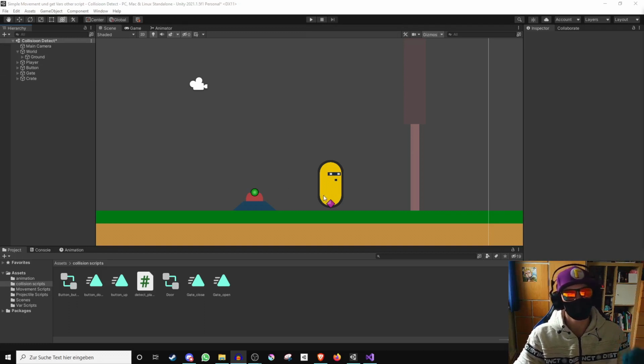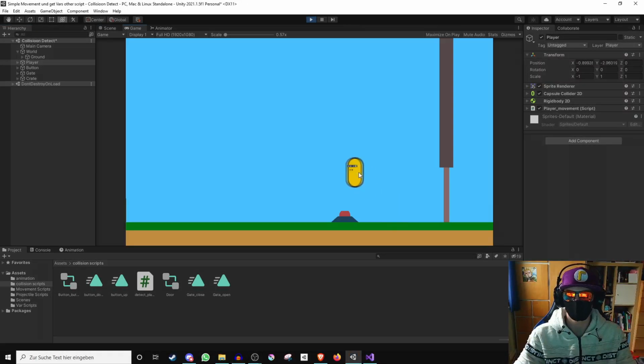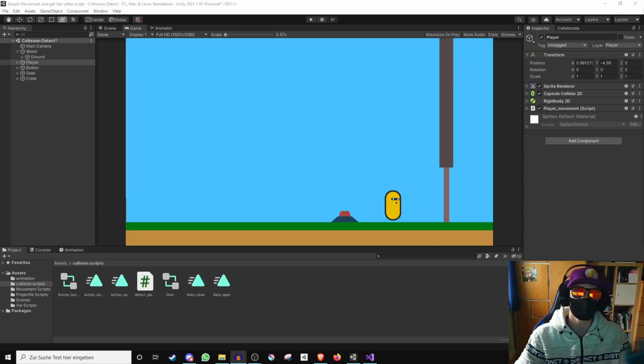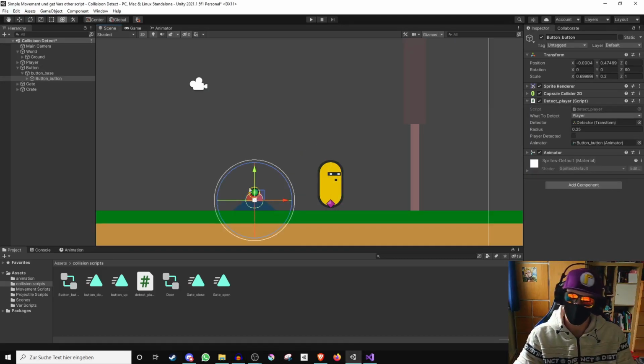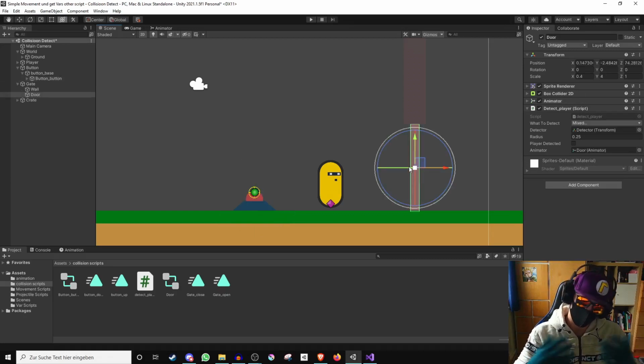Here I have prepared this beam in Unity, which can move around very simple. If you want to know how this works, just have a look in the description. I also created this button here, which should open this gate when you stand on it. And to do that, the game has to detect if something makes contact with the button, and this is where